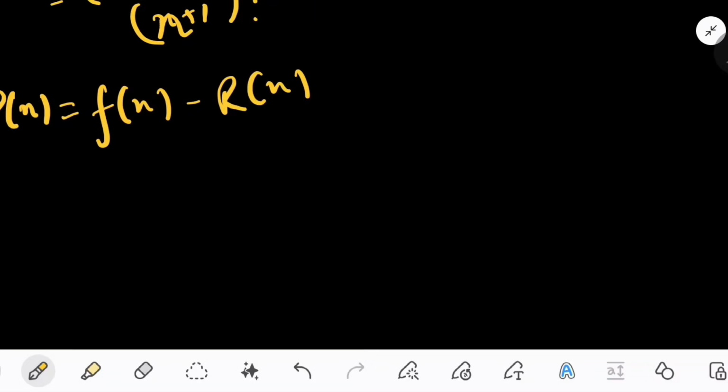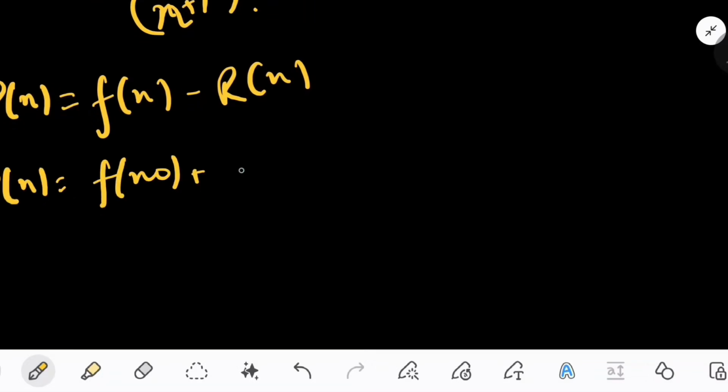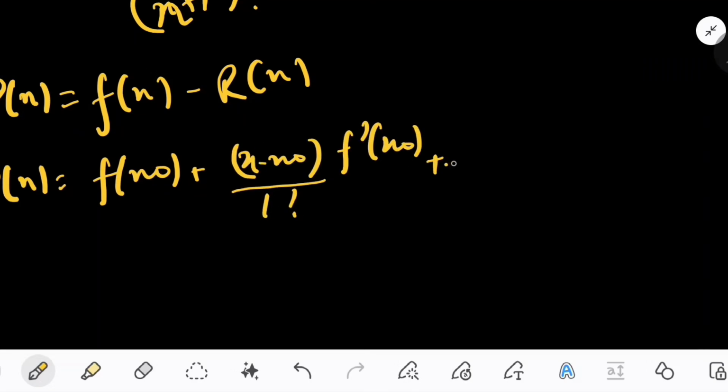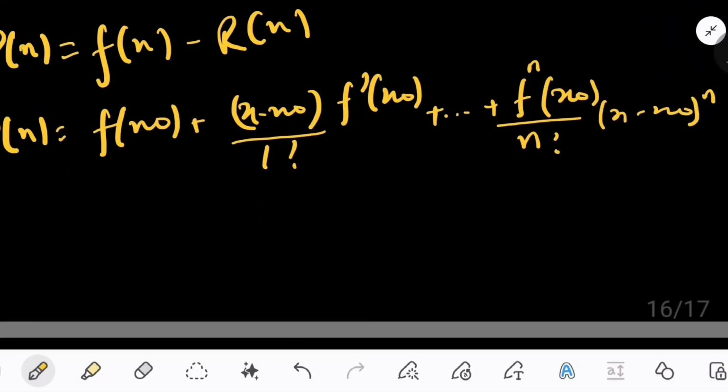And now you know that P(x) is equal to f(x naught) plus (x minus x naught) into f dash of x naught by 1 factorial, till the nth derivative of f at x naught by n factorial into (x minus x naught) to the power n, right? Now you can write P_n as